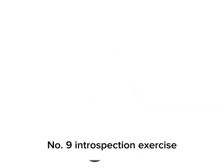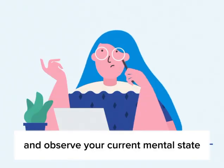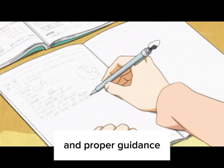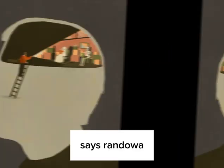Number 9. Introspection exercise. Take a few minutes to sit silently and observe your current mental state and all of the emotions that exist for you right now. Note which thoughts arise. When done with skill and proper guidance from an app or a teacher, this can strengthen one's knowing of oneself, says Randawa. By asking